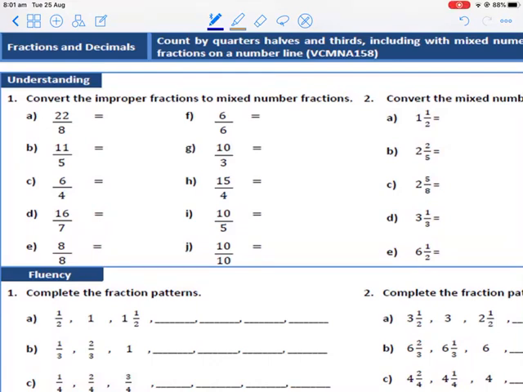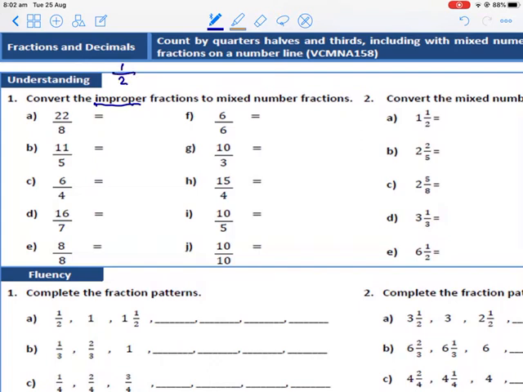Hi guys, good morning. Just going to explain some of the fraction things that are in your PowerPoint. So the first one, it's asking for improper fractions. Now a proper fraction, if you're not quite sure, I'm just going to write up here, like 1/2 is a